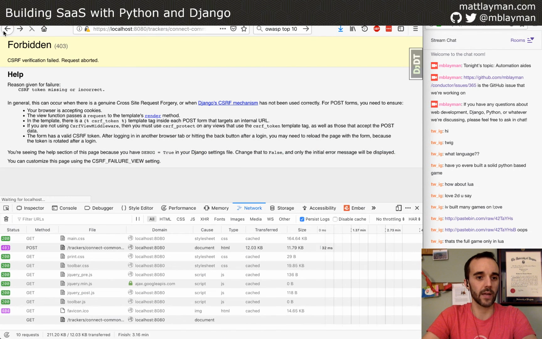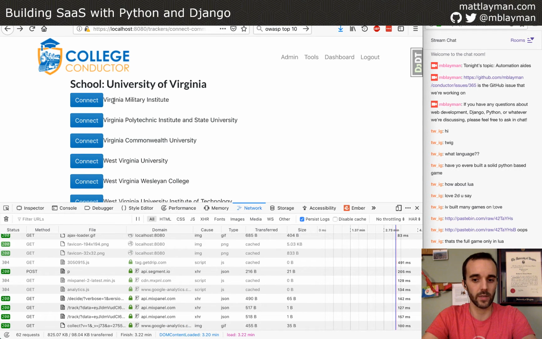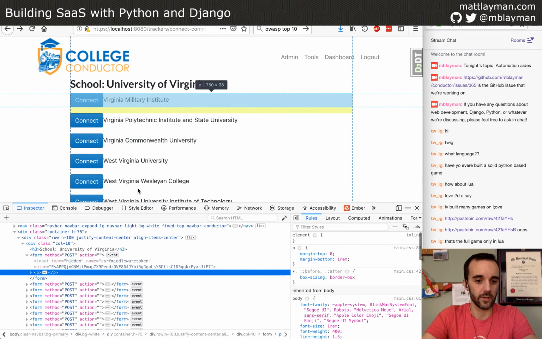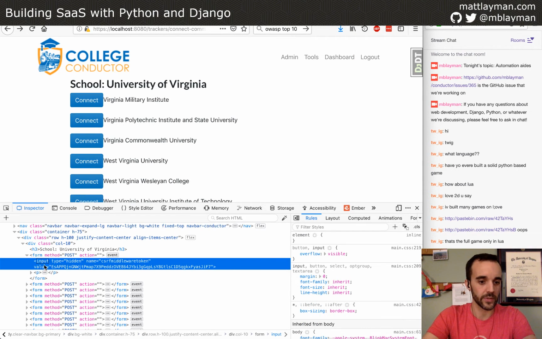So let's go back and refresh the page just to make sure that we're doing everything okay, and let's inspect the markup that's here. Okay, good, I got it right. Take a look at this tag right here. It's an input, type hidden, and it has a name, CSRF middleware token, and it has a value. That's a really long thing. And this is really hard for a bad guy to get access to and replicate from the context where CSRF protection is going to cause you trouble.